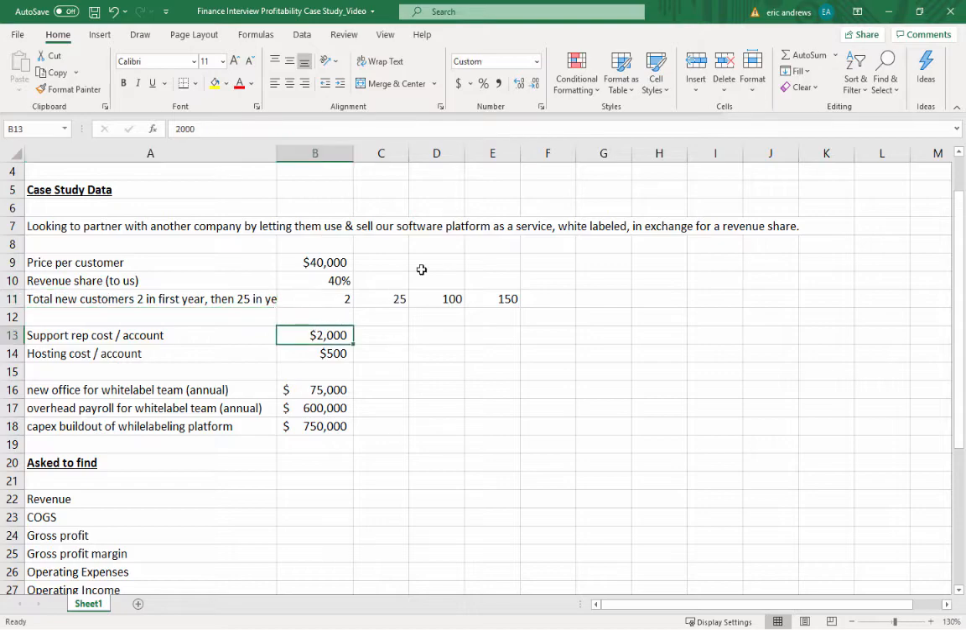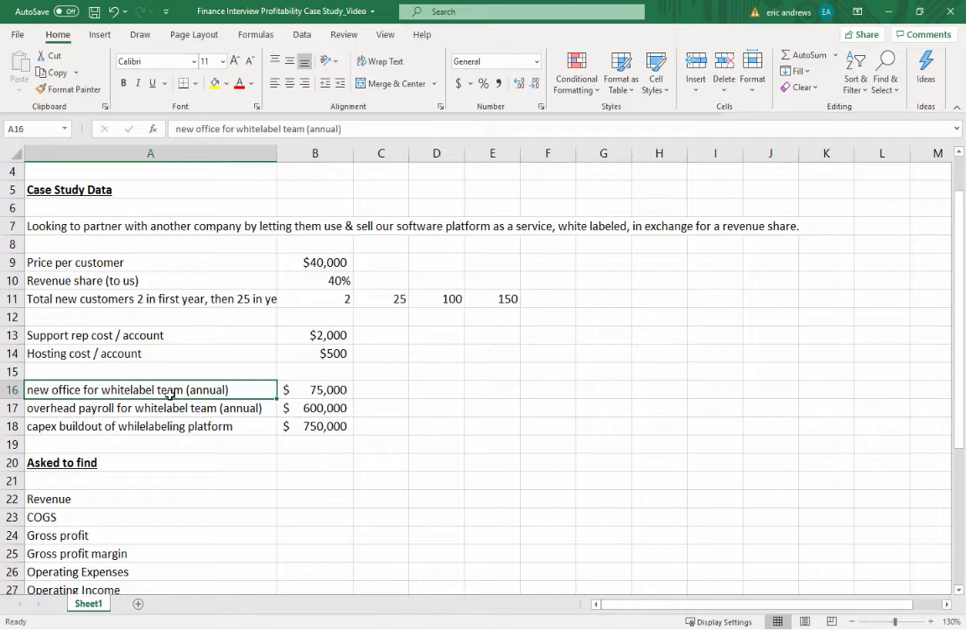So then we estimate that the cost in terms of support reps for each customer account of this white labeled platform is $2,000 a year. So $2,000 per account. And then we think the hosting costs, that would be like Amazon Web Services and different hosting applications, is $500 a year per new customer. And then finally